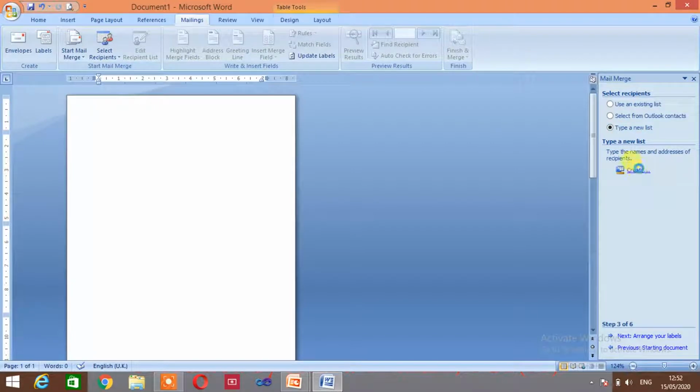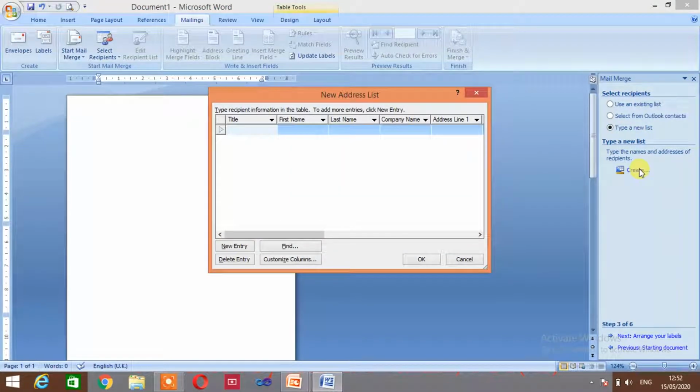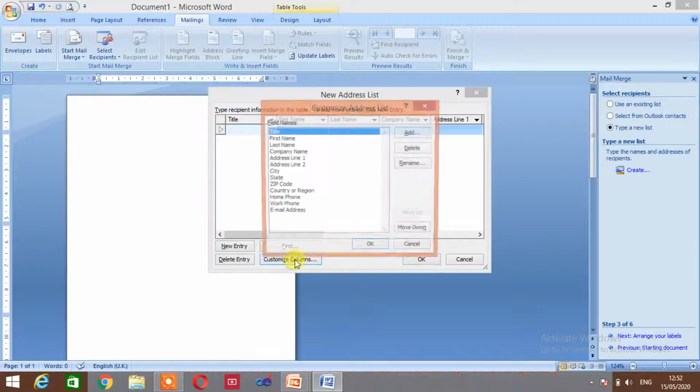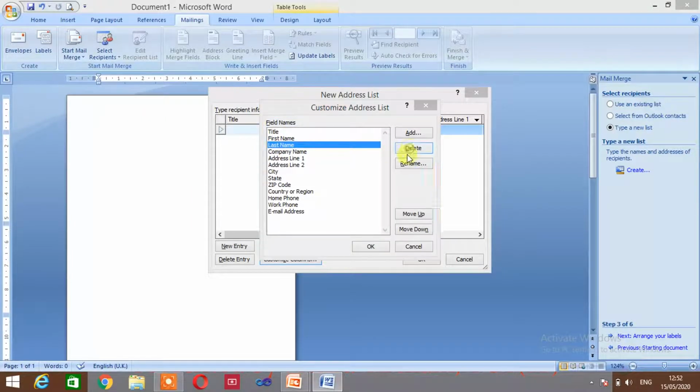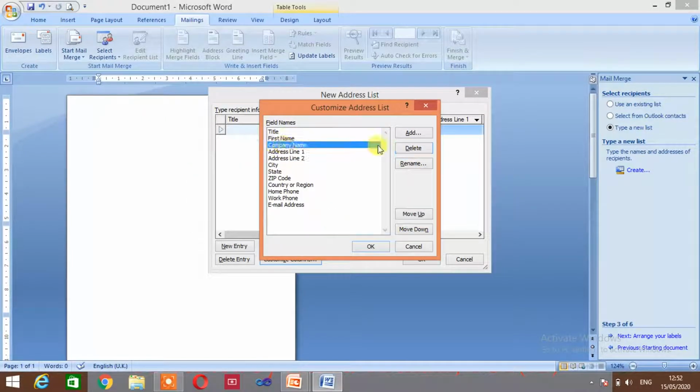When I click on the Create link, I will find the New Address List dialog box. Here I don't want all the fields, so I will click on Customize Columns. I want Title and Company Name, or you can put the company name in place of first name.